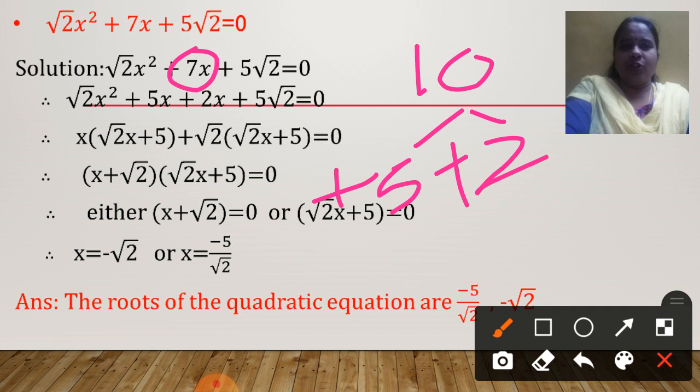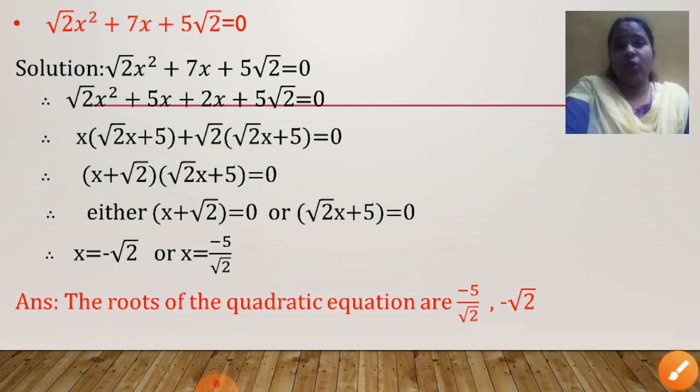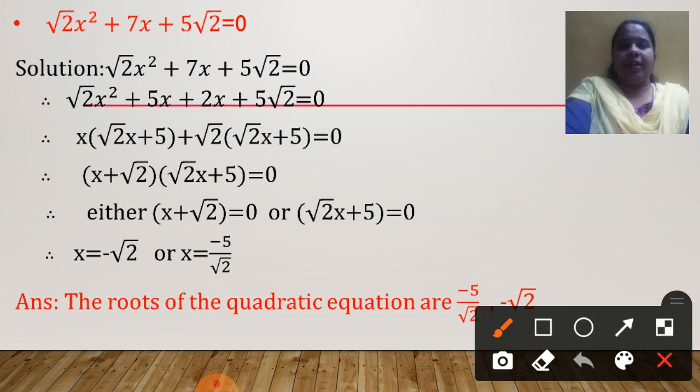5 2's is 10. So easily we have got the factors. It looks so difficult, but see how easily we have got the factors. One important care that has to be taken at this step is we have written 7 as 5 and 2. That is the first step. Okay. Now how to take common?